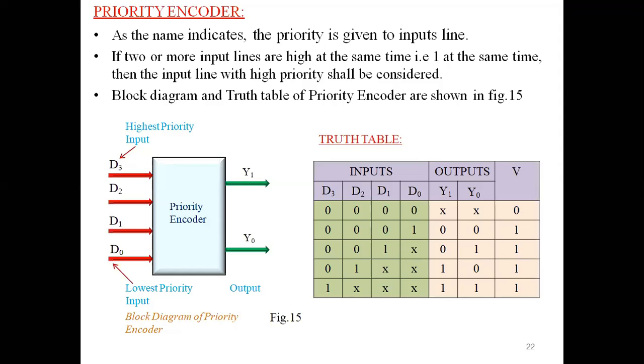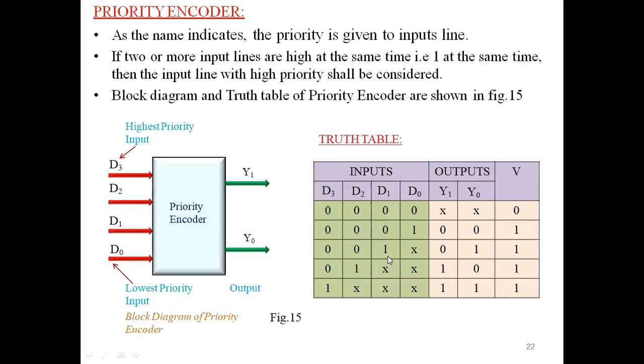So here, it is a 4-bit priority encoder. Why? Because we have to pass 4 inputs and it will produce only 2 outputs, that is Y0 and Y1. So this is a 4-bit priority encoder. In a 4-bit priority encoder, see these values: 0 0 0, 0 0 1 and 0 0. Here at D1 only we have to place 1.